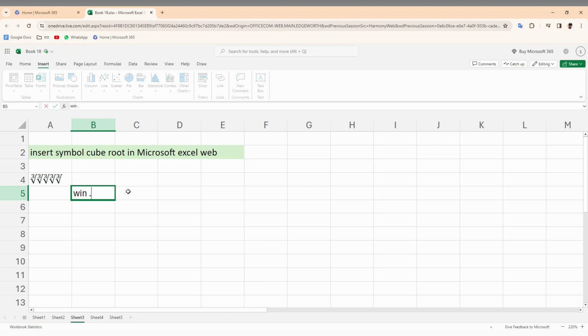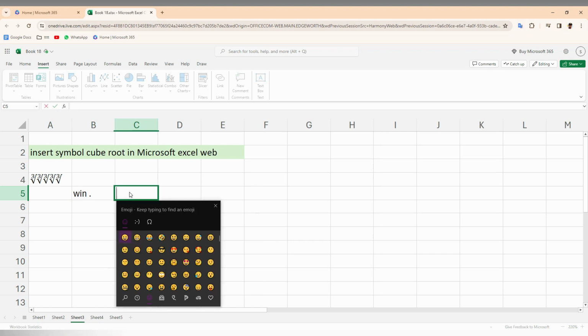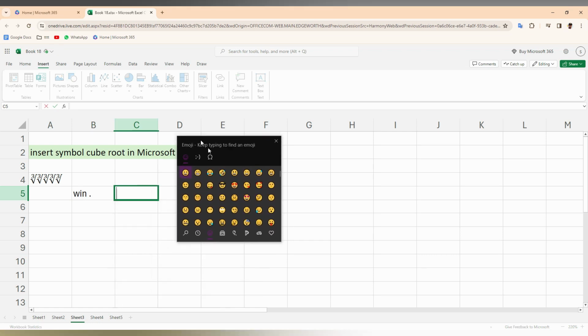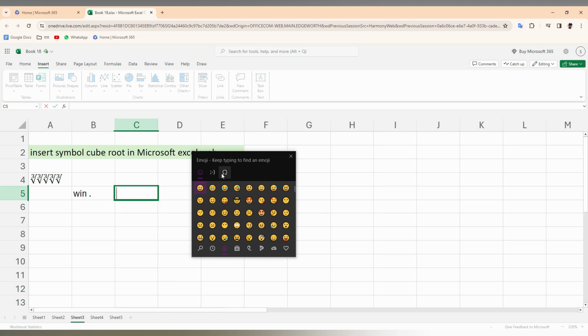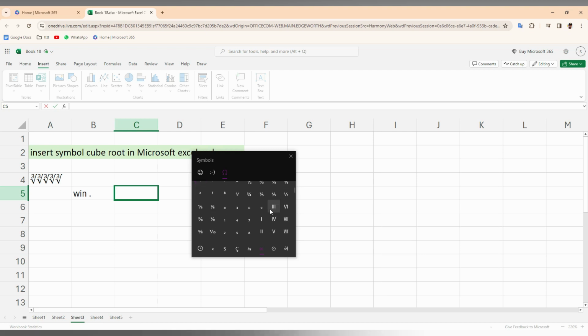You just press the Windows key on your keyboard and press the dot symbol, and it will open this emoji and symbol dialog box. Click on the symbol option first. Then you can see a lot of categories on the downside. You just want to change this to this category. It's called math symbol, and just scroll down to the bottom section. You can find this